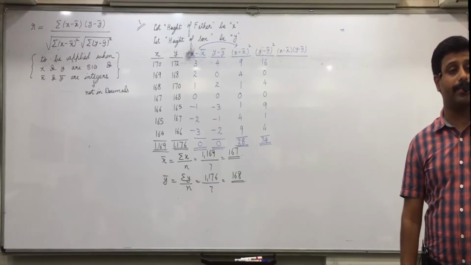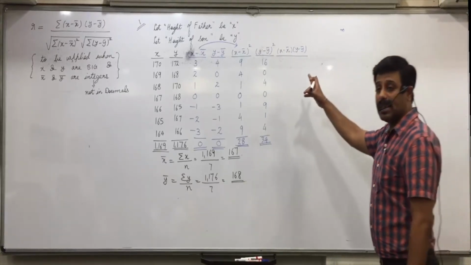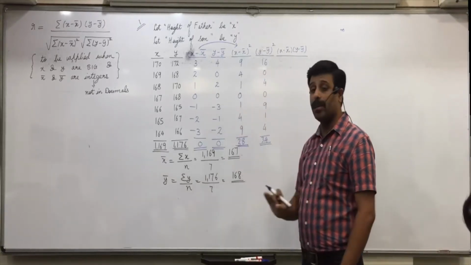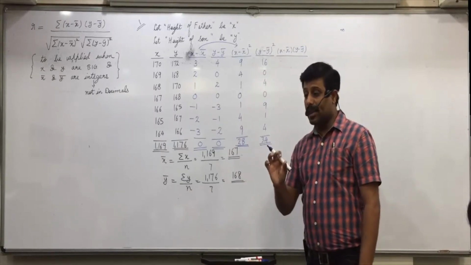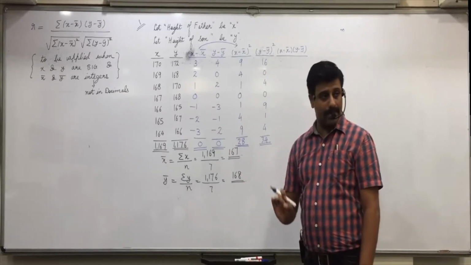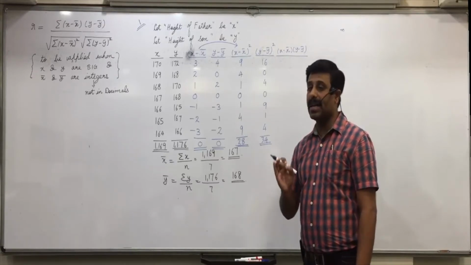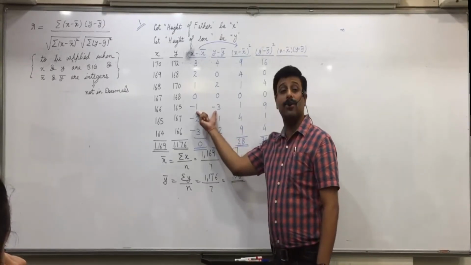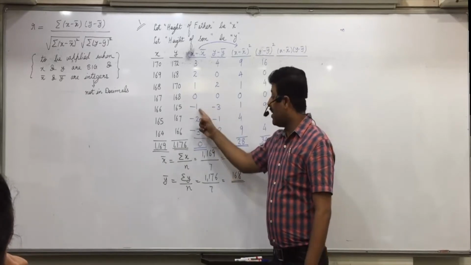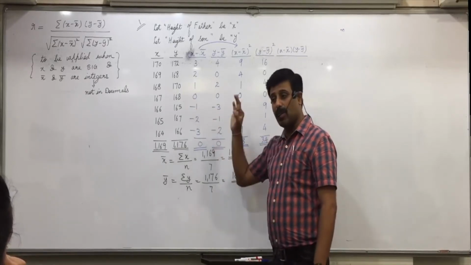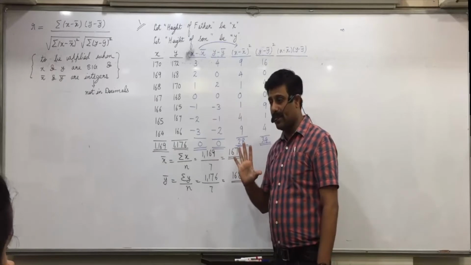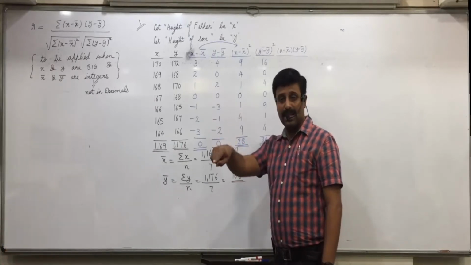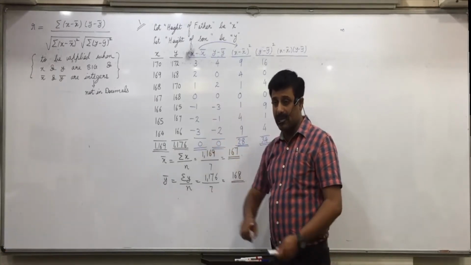All have written it? Now product x minus x bar into y minus y bar. Here be careful. If the multiplication is positive, put it in M plus. If the multiplication is negative, put it in M minus. If both the signs are minus, minus into minus will become plus. If any one sign is negative, then you put it in M minus. Got it, everyone? First press MC or MRC to cancel it 2-3 times.